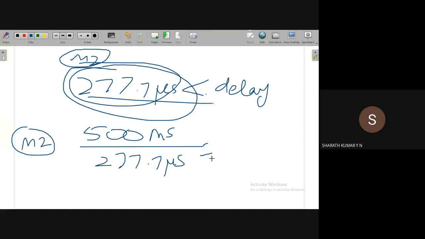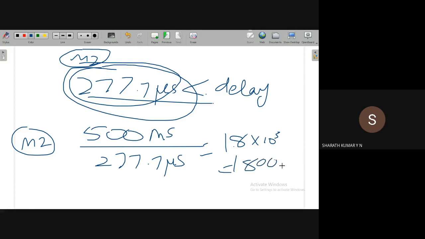Just give me a second. 500 milliseconds divided by, I'll take it as 277.7 microseconds. It is approximately, we need to repeat this 1.8 thousand, 1.8 into 10 power 3, that is 1800.